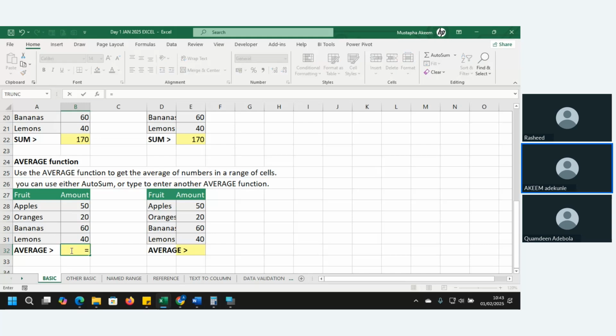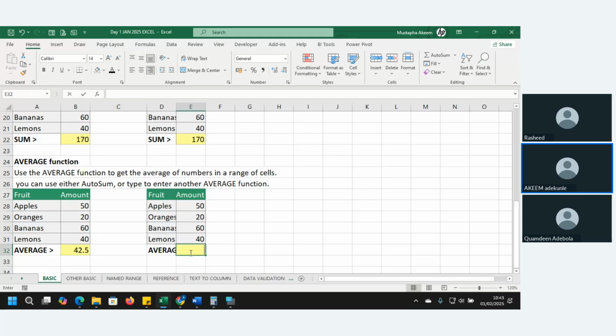So to get average, we use the equals to AVERAGE function. Just like SUM, you can see you have AVERAGEA, AVERAGEIF, AVERAGEIFS, and AVERAGE. If I want to use this, I can just use the arrow keys on my keyboard to scroll down. The moment you reach where you are, just press Tab on your keyboard. It will open the bracket for you. Select your data, then close the bracket, or you press Tab again. You get the average. It's as easy as that.